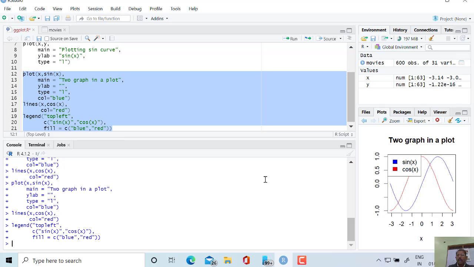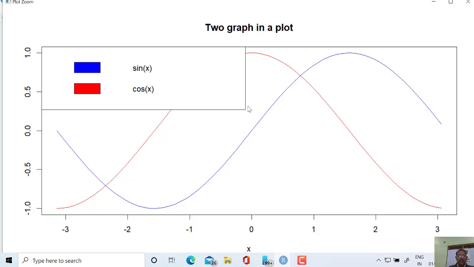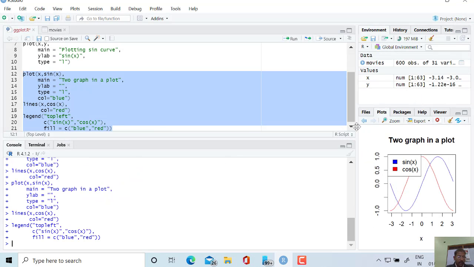We can see that the sine curve and cos curve have been represented with a legend on the top left corner, and now anybody looking at this plot can easily identify its basic purpose. If you want to zoom, you can see the plot by zooming also, and if we want to close it, we can close it here.